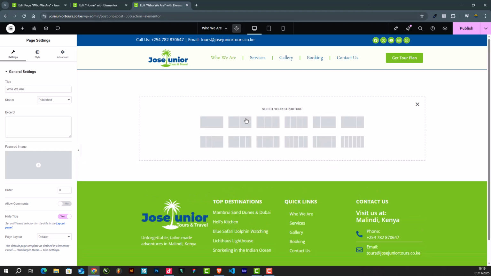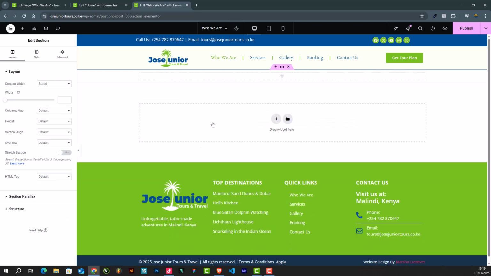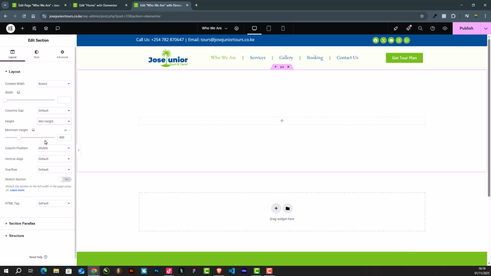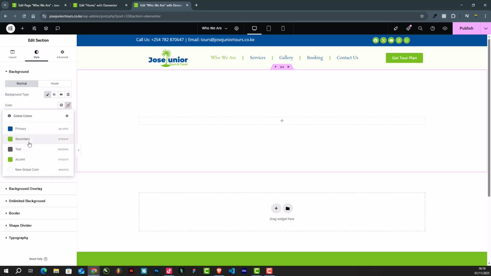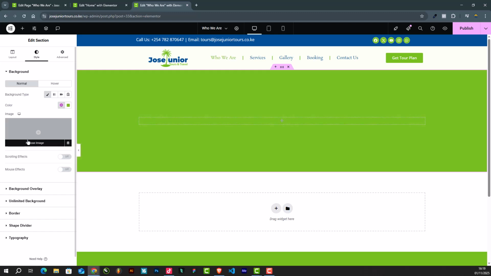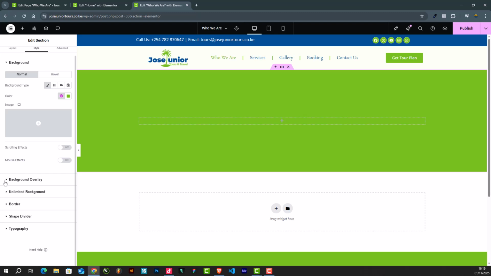So the first thing, click on that plus symbol, click on that full section, and for this one we are going to go to where it says height and give it a minimum height. I'll maintain it at 400 pixels. I think that is okay. So let's give it a background of our primary color or secondary color, which is green, and also we're going to give it a background overlay